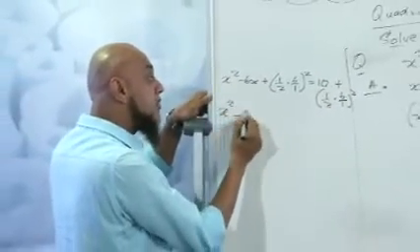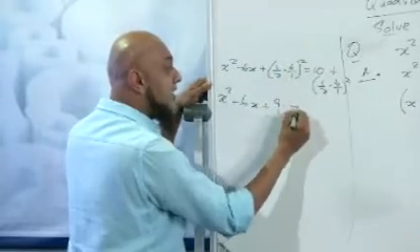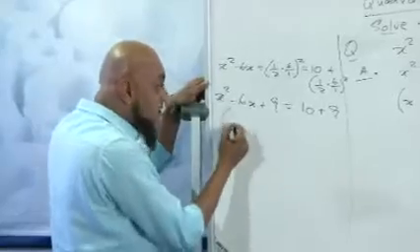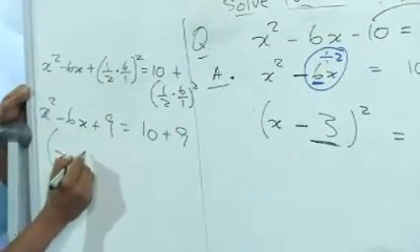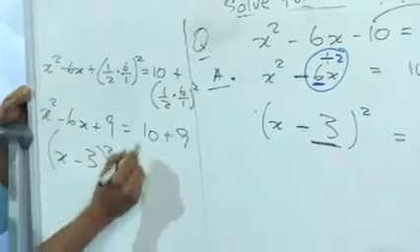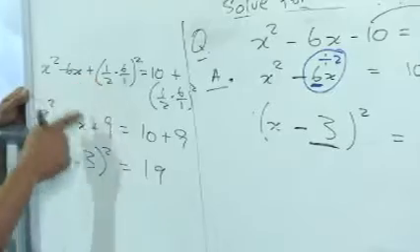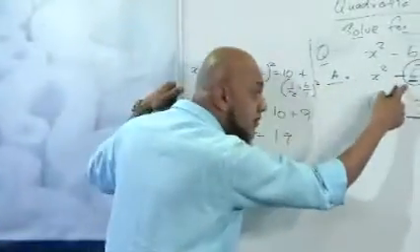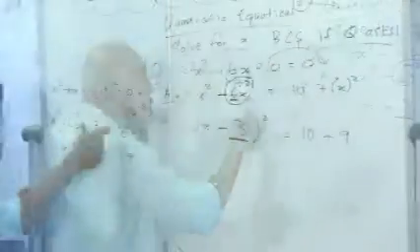You then said x squared minus 6x plus 6 over 2 is 3, 3 squared is 9, is equal to 10 plus 9. You then made this a perfect square: x minus the square root of 9, which is 3, squared is equal to 19. Can you see we get exactly the same? I skipped these 2 steps. You will not get marks for these 2 steps. You can use the shortcut. The shortcut will help you to get to this without doing these 2 steps.